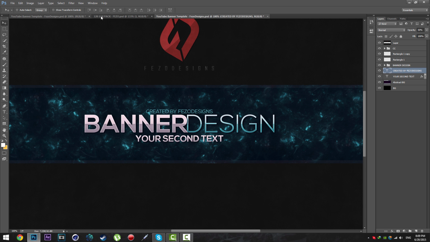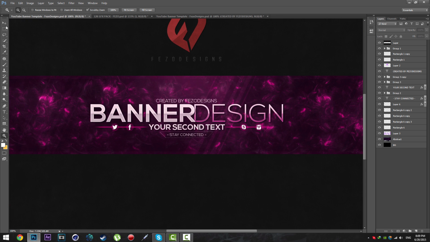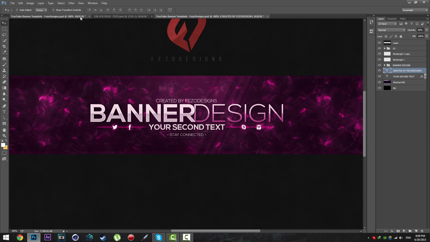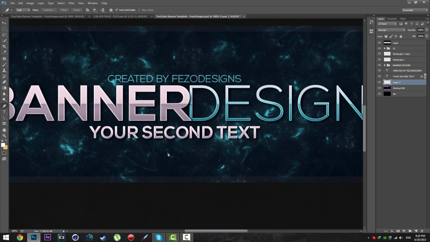Then I'm going to add this stay connected text and this bar right there. For this, I'm going to make a new layer. First, I'm going to make this created by your second text layer a little bit smaller, just like that. Then I'm going to add a new layer. Select your pen tool and make a shape just like that,